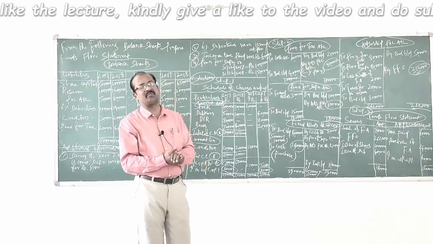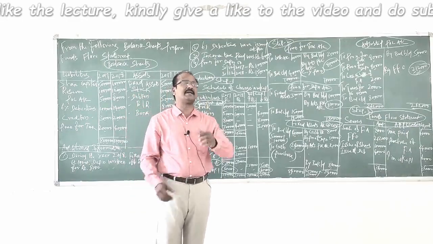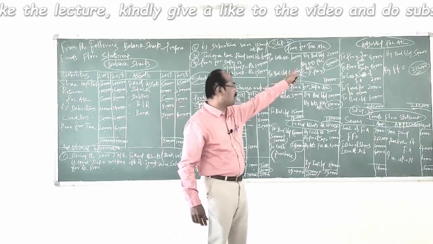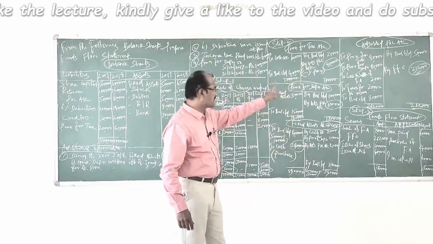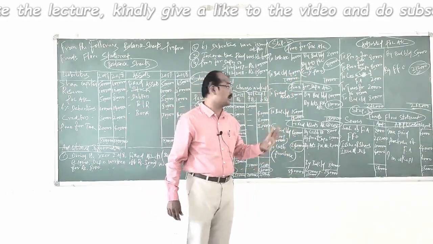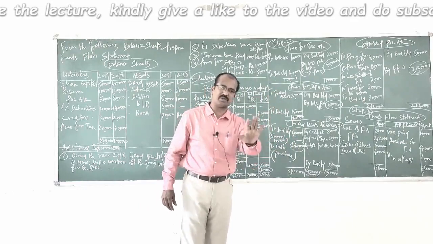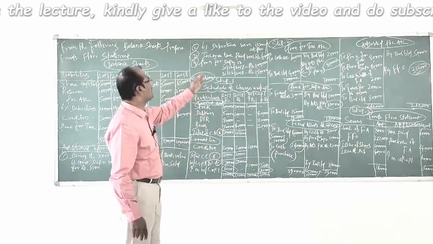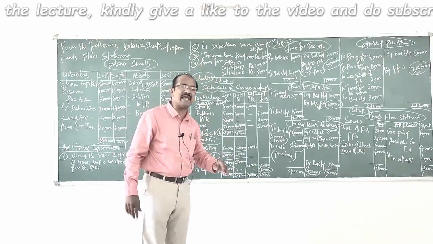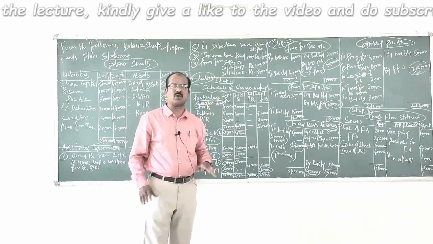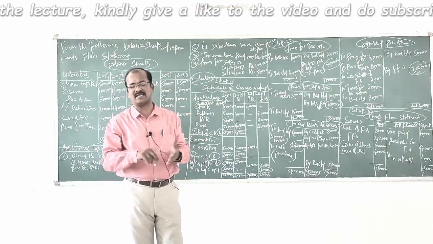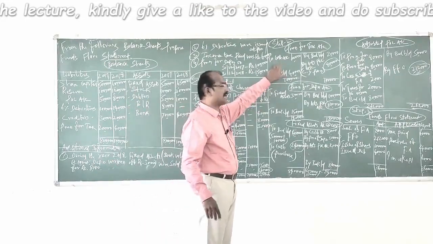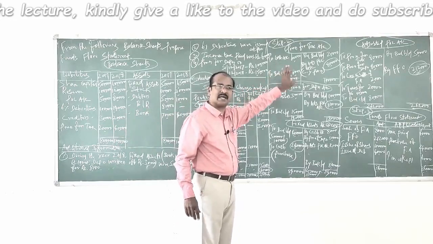Provision for taxation being a credit balance, we need to write the opening balance on the credit side. I have written by balance brought down amounting to 20,000. Obviously, the closing balance should be written on the debit side: to balance carried down, 40,000 rupees. Fine. Is there anything in connection with the taxation? Yes. Look at the additional information. Income tax paid amounted to 60,000. What is the journal entry for paying income tax? Provision for taxation account debit to cash. So provision for taxation account debit to cash, 60,000, I have recorded.